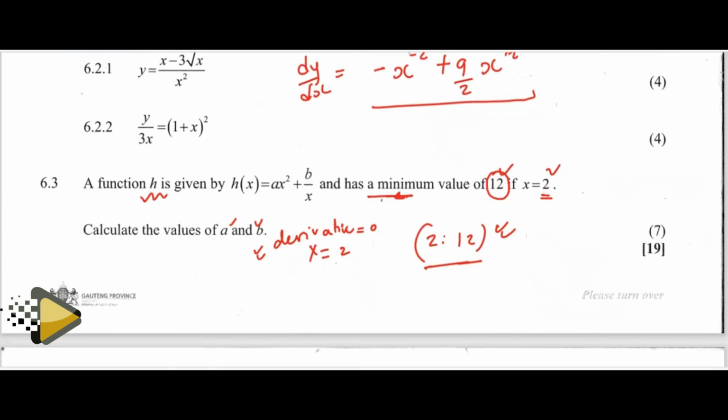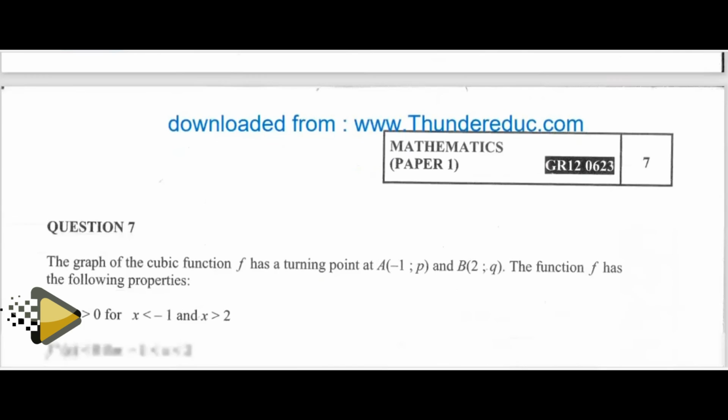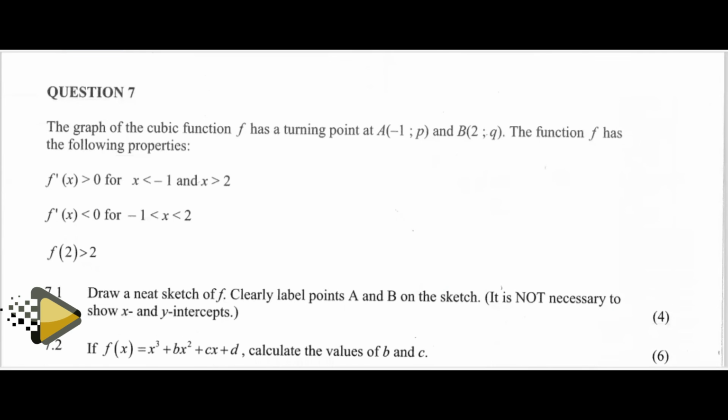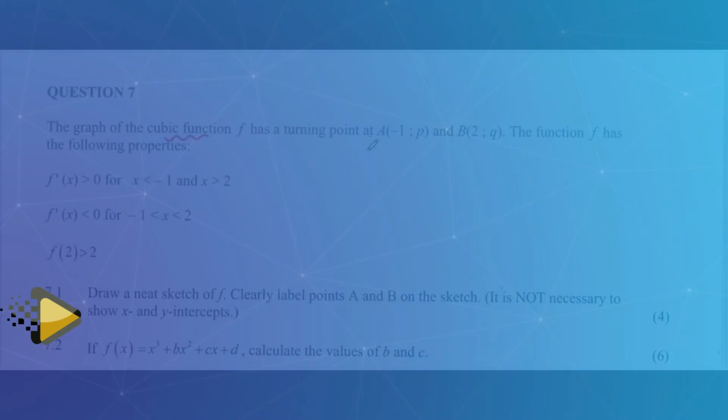6.4. No, we don't have 6.4. It's just question 7. Okay, question 7. Still calculus. They are telling us that the graph of a cubic function f has